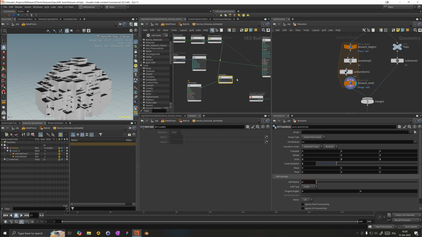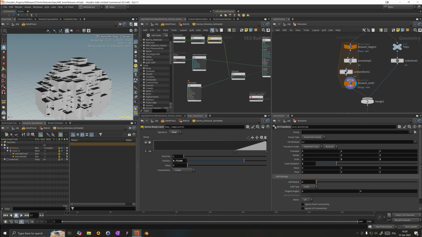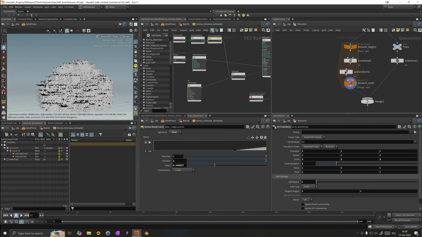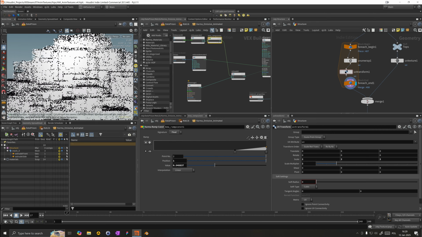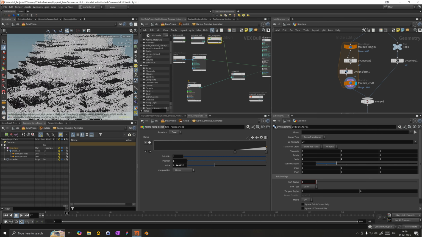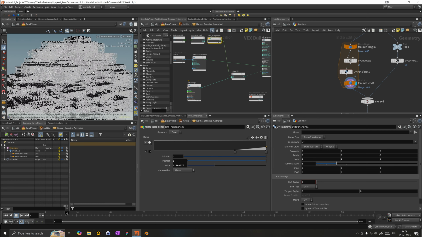Let's add both of these and see what happens. Opacity. Maybe I should drop these down. Yeah, I don't know. I actually like this. It's not what I wanted. Something's wrong, but